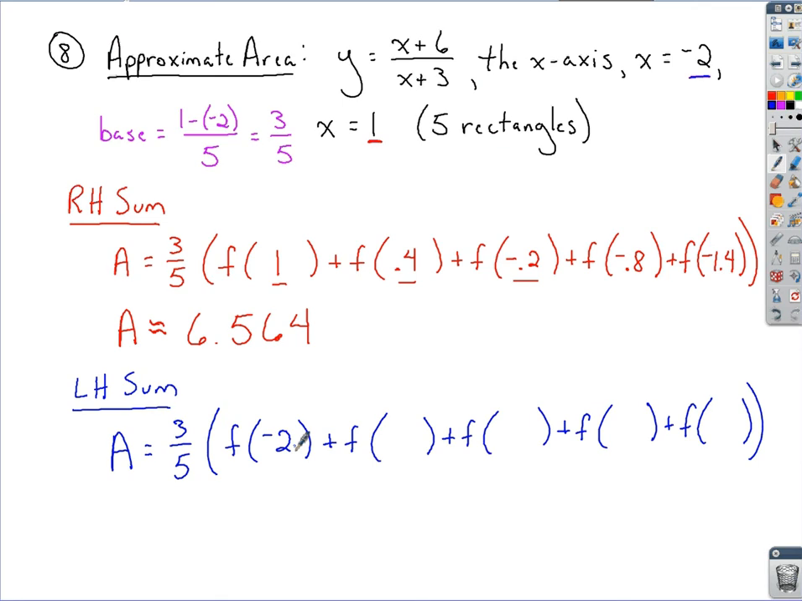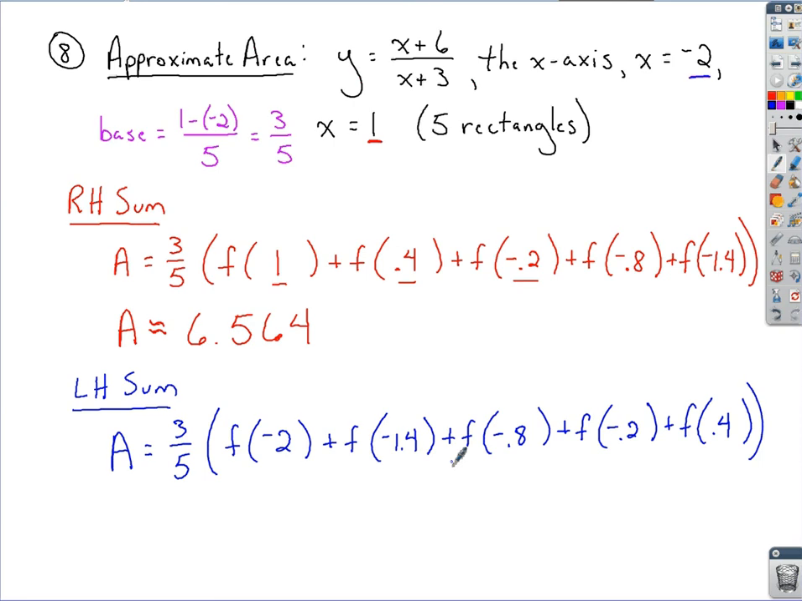So if I add 0.6 to negative 2, I get negative 1.4. I plug that into the next spot. Add on 0.6, get negative 0.8. Add on 0.6, get negative 0.2. Add on 0.6 one more time, get 0.4. So